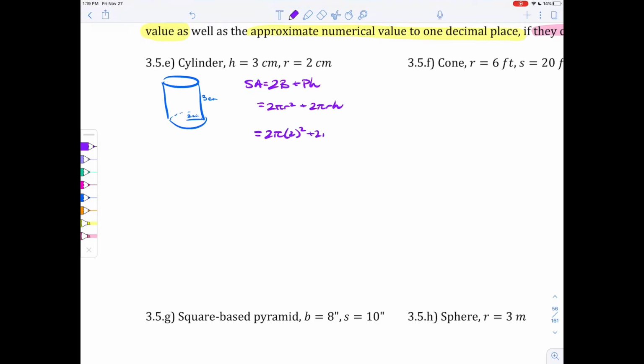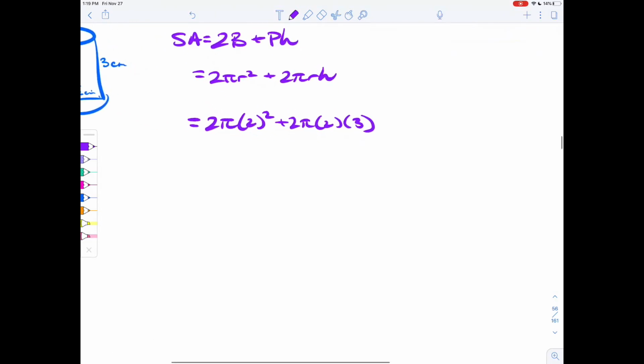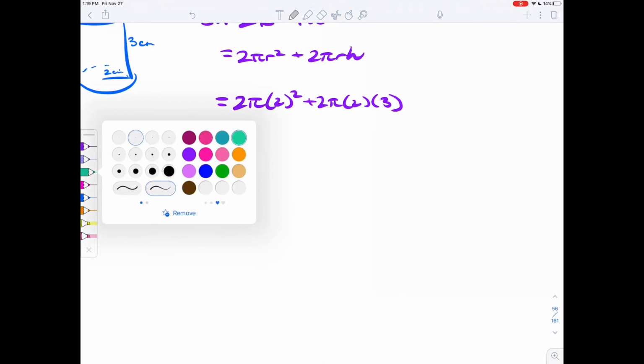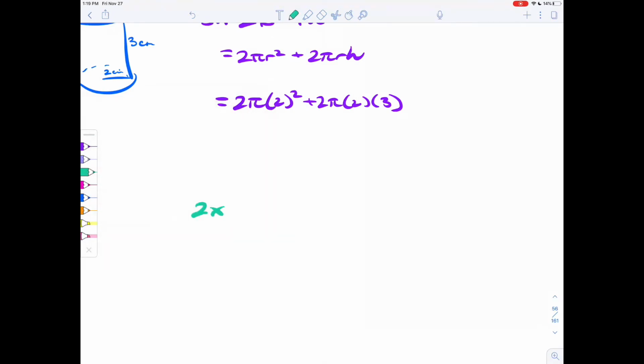and h is 3. When we simplify an expression like this, it's kind of just like simplifying something like 2x times 2 squared plus 2x times 2 times 3. So pi, it's a Greek letter, but it's a letter nonetheless, and you can treat it operationally just like you would a variable. So with that in mind,